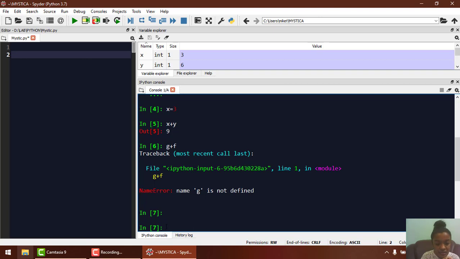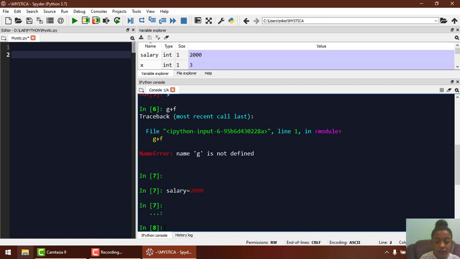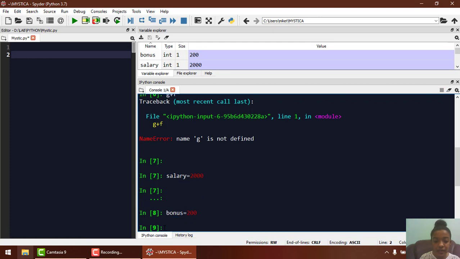Now let's try some programs using words, like salary is equal to 2000 and bonus is equal to 200. If I'm going to add both of them, let's see what happens.